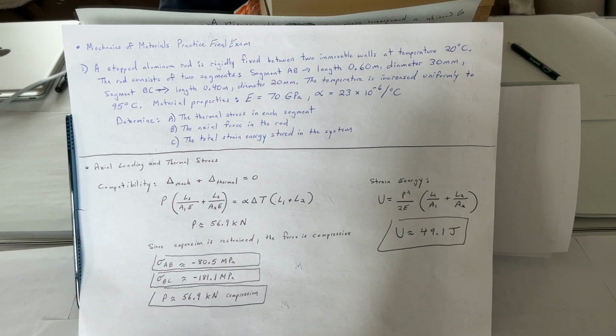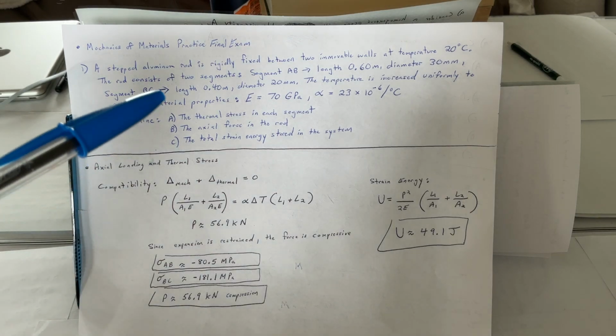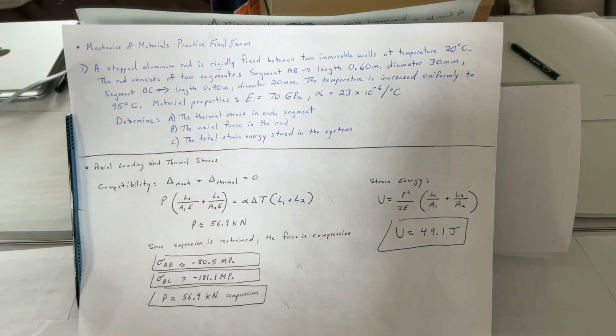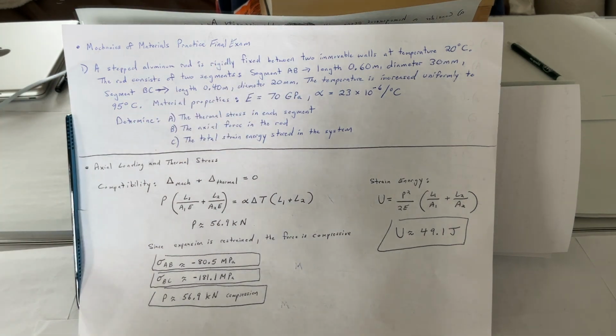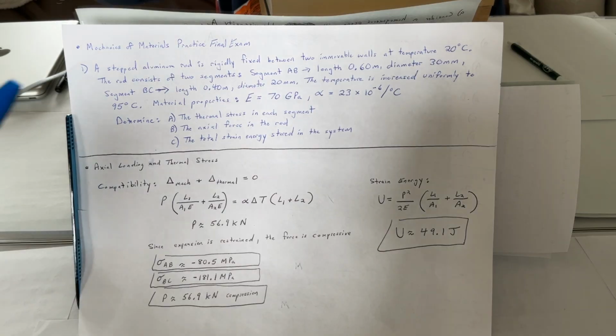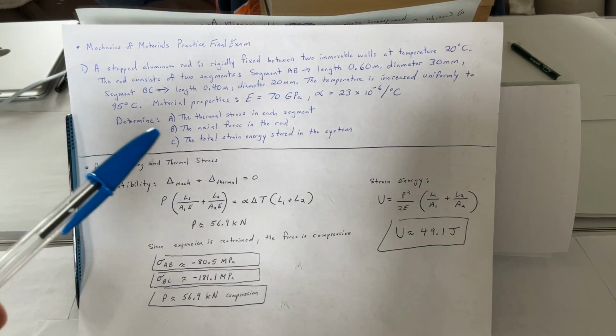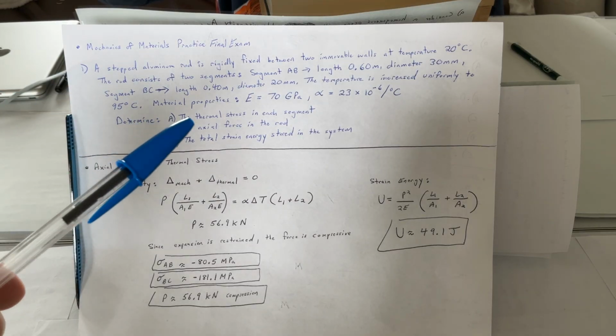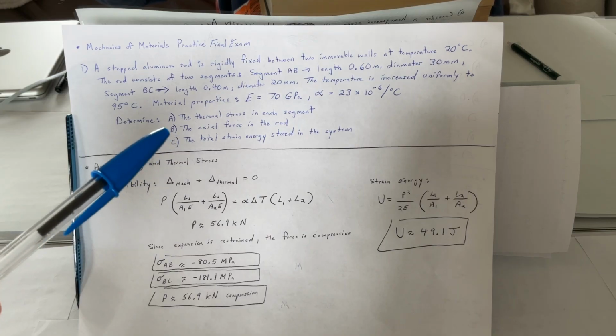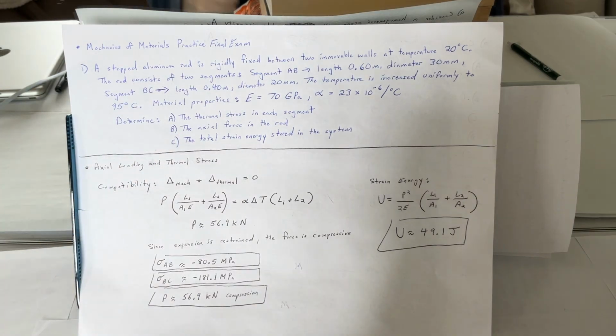Segment AB, length 0.60 meters, diameter 30 millimeters. Segment BC, length 0.40 meters, diameter 20 millimeters. Temperatures increase uniformly to 95 degrees Celsius. Material properties, E equals 70 GPa, alpha 23 times 10 to the negative 6. Determine these three components: thermal stress in each segment, the axial force in the rod, and the total strain energy